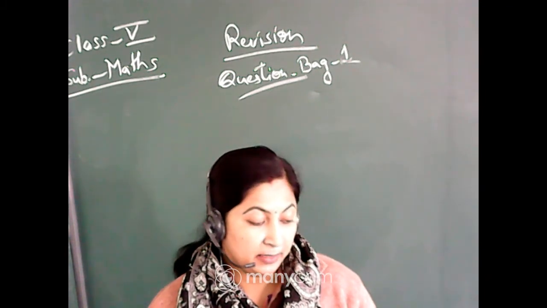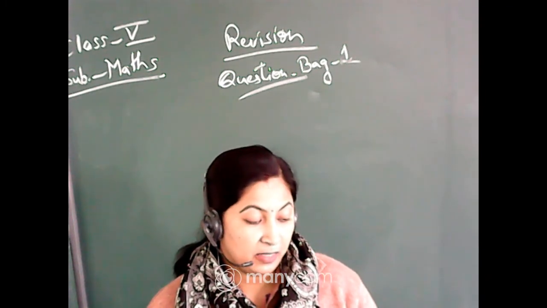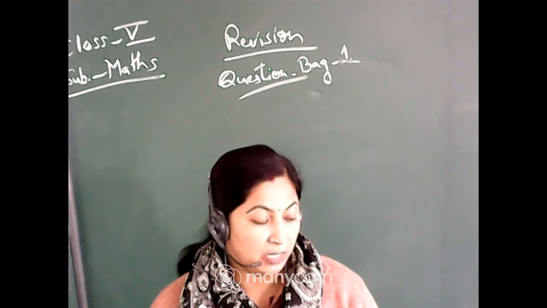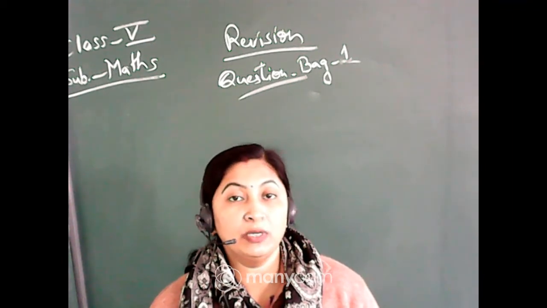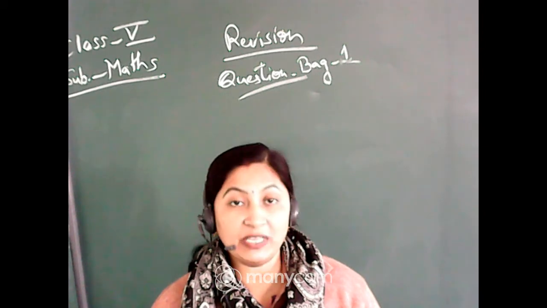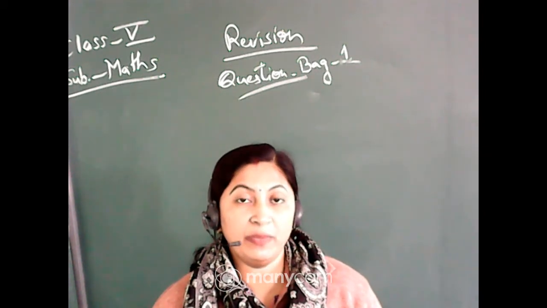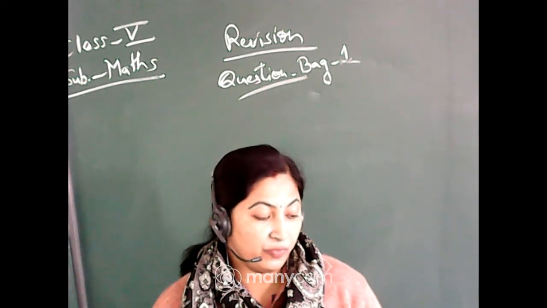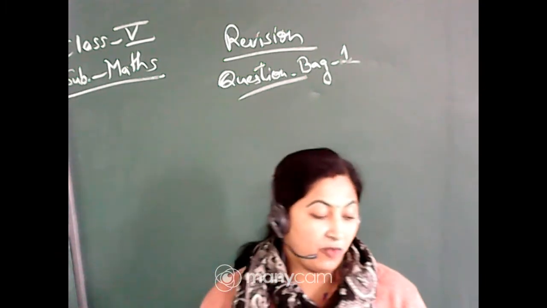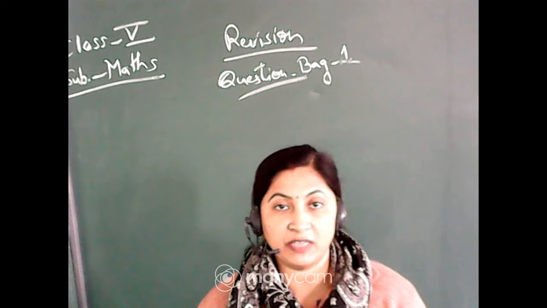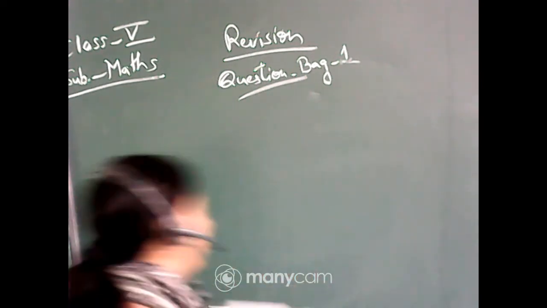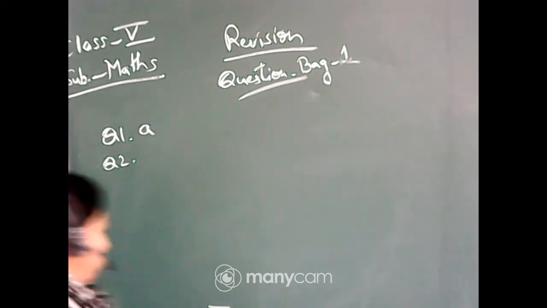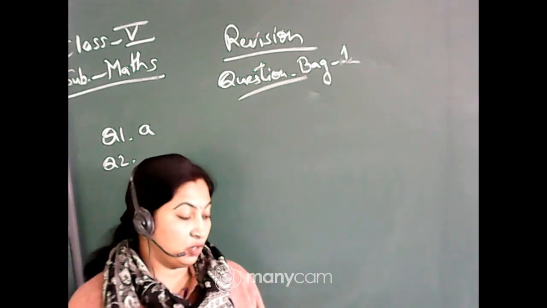Okay, let us start. Tick the correct answer. The first one is given 15 by 1000. You have to give a tick mark on the correct option. You have to convert 15 by 1000 into decimal. As you know, since there are 3 zeros, the point will be after 3 digits, so from the back side you count 3 digits. We can see that option A is correct, because from the back side 5, 1, 0 and then the point is given. So for question number 1, the answer is A. Everyone give a tick mark in question number 1A.